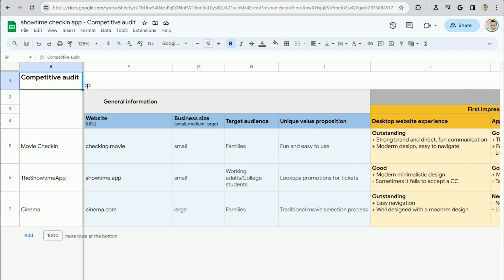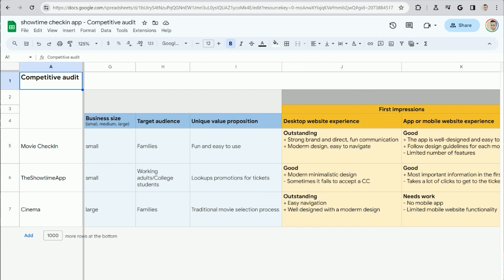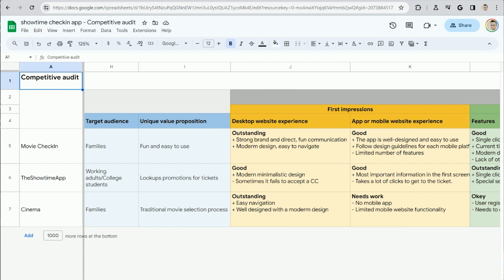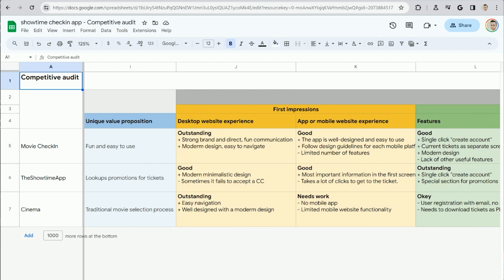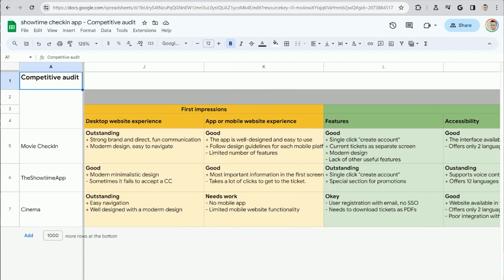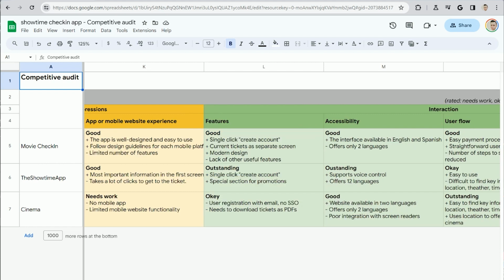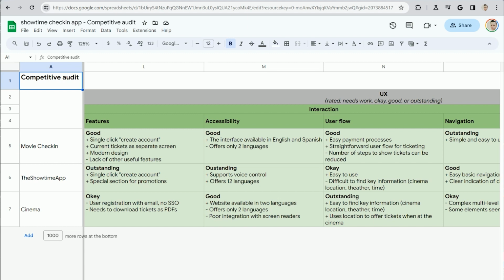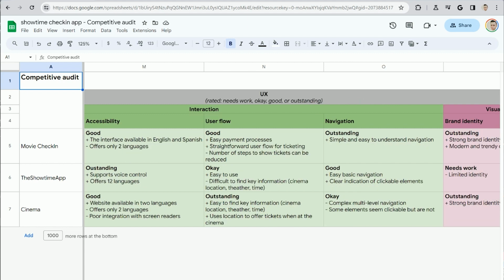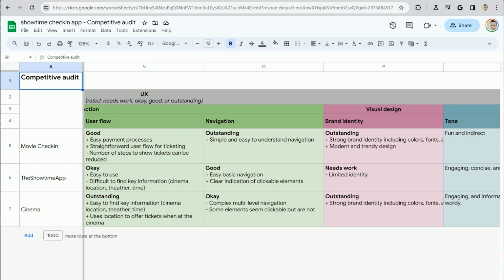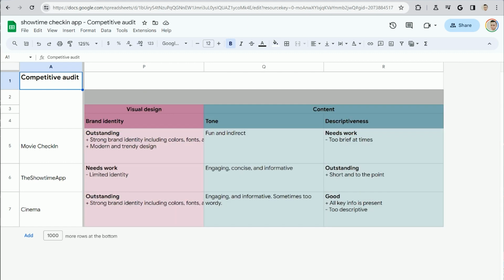But it is very important to remember that competitive research is not about copying solutions. It's about understanding how your competitors approach the problem. It might be that most products in this space work very similarly, look similar, but there might be huge differences.